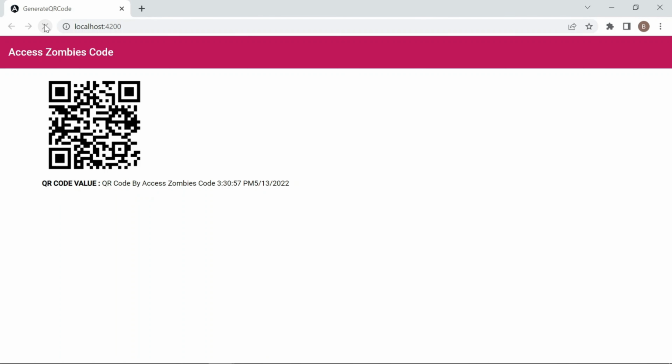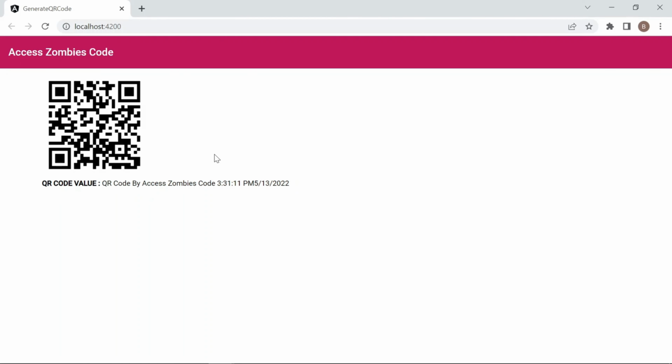So I refresh it to check if it changed or not. Here you can see the parameter of the QR code is changed. The QR code image is changed. So this is the static type we can say, because we have defined all the values in the constructor.